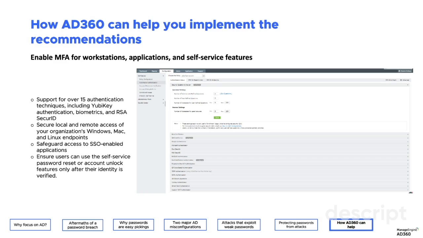And it's not just about having MFA for applications. It is at multiple levels. It's at a logon level where endpoints get protected. Windows, Mac PCs can have a second factor of authentication, or at a platform level where you have a platform like a VPN or some portal or an internal application that needs protection through a second factor or multi-factor authentication. So it is helpful in such regard.